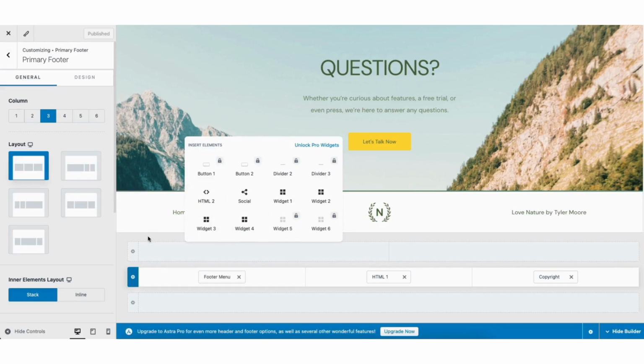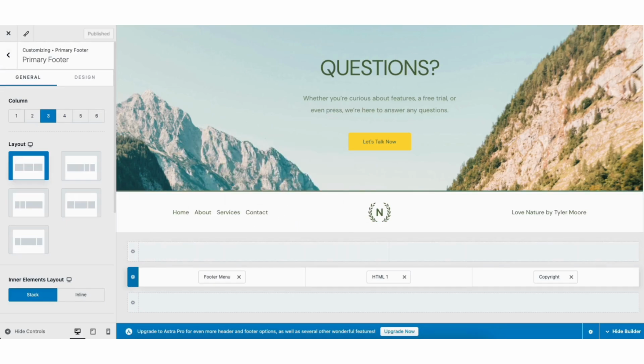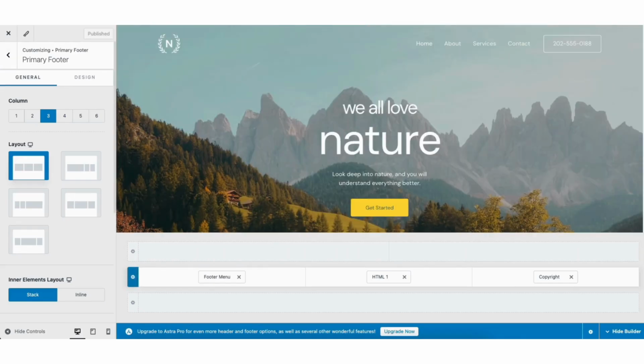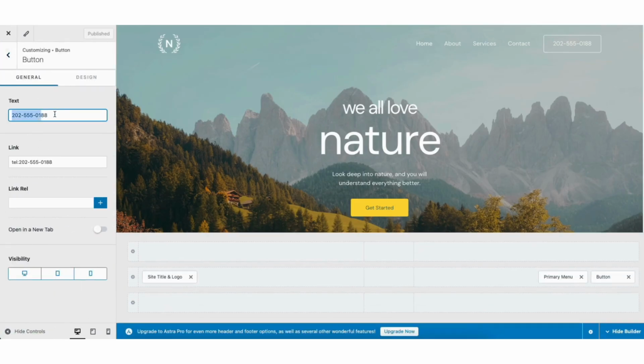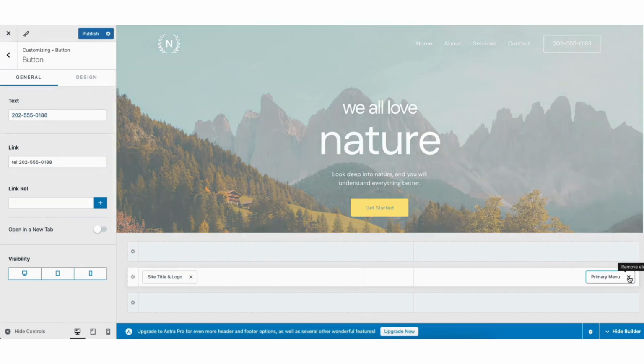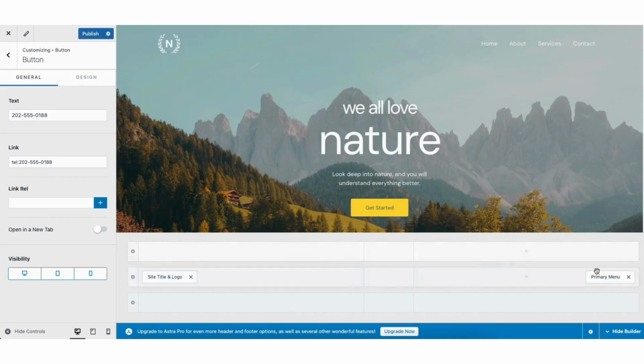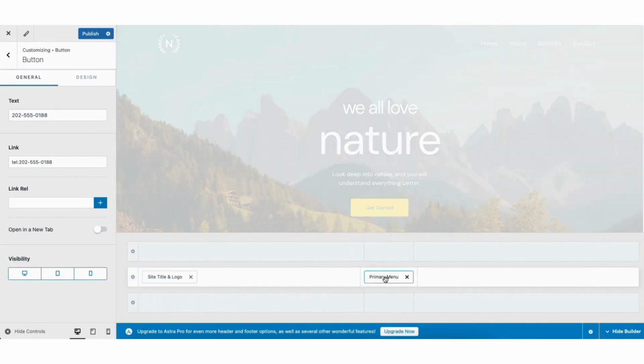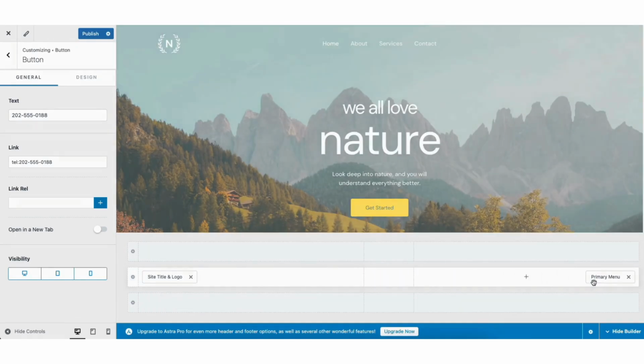Next, let's go over editing the header area of your site. Scroll up to the top of the page. If you click into the header area of your site on something, you can make edits. If you want to remove something in the header, just find it here and click the X button to remove it from the header. In this section, you can move things around to change the look of the menu area to get it how you like it.